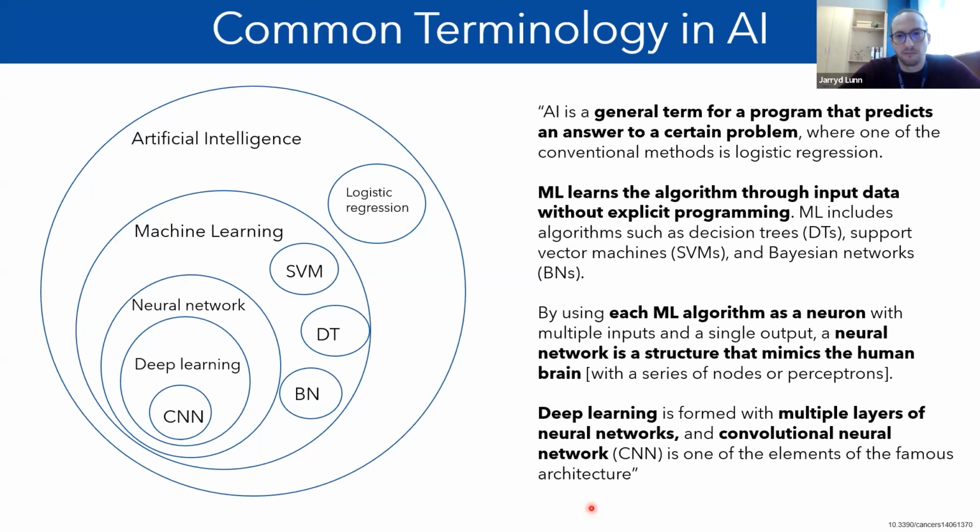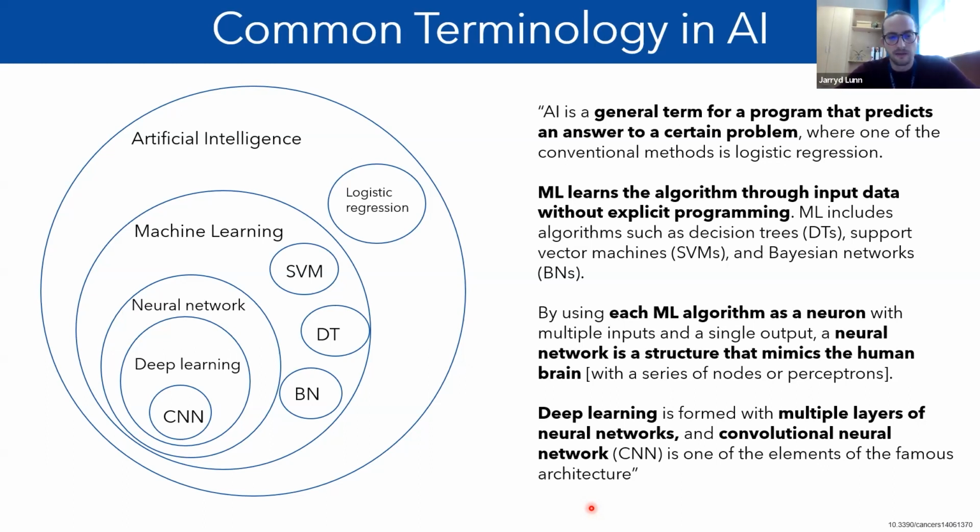There's some common terminology that is used when we talk about AI. Artificial intelligence, AI, is a general term for any program or instance that answers a certain problem. It often uses things like logistic regression in order to answer those questions. Within artificial intelligence, we have machine learning. Machine learning are generally algorithms through which input data is passed without explicit programming, and then using different tools, these machines are aimed to try and solve or categorize or understand the data that is being fed into them. So the machine learning algorithm really is the center or the node